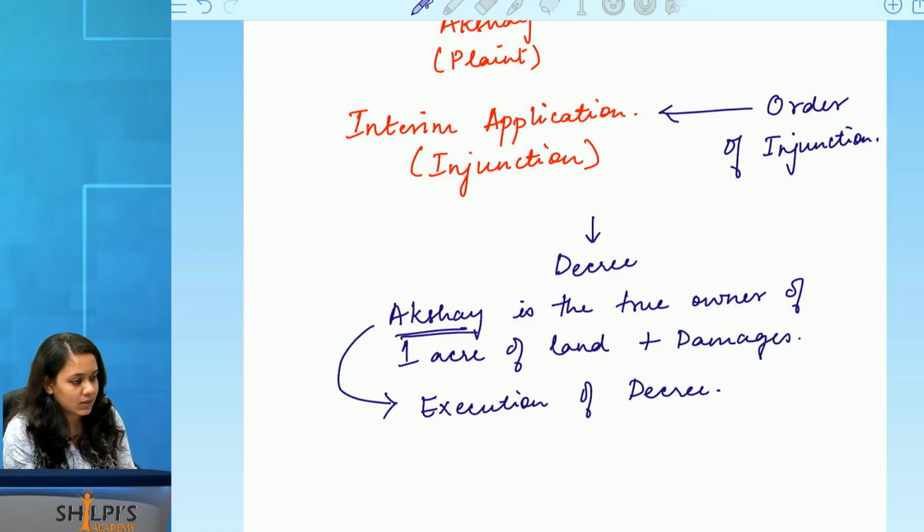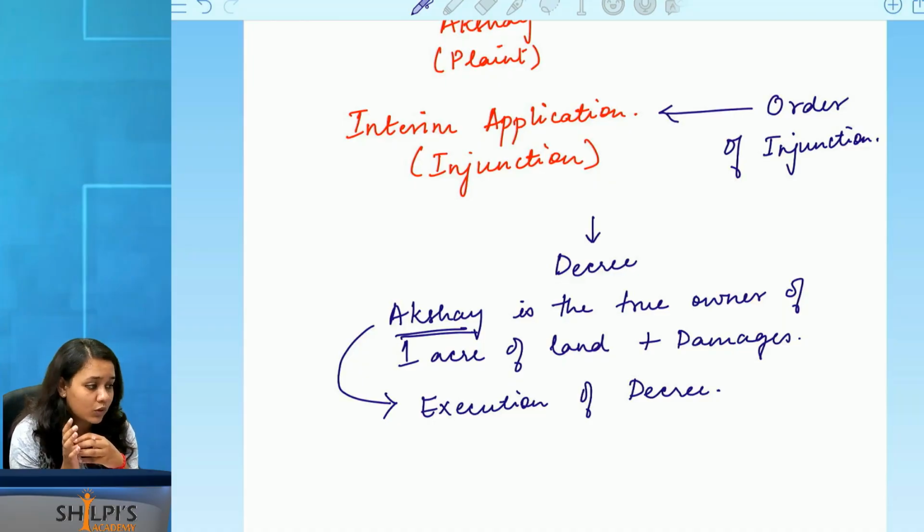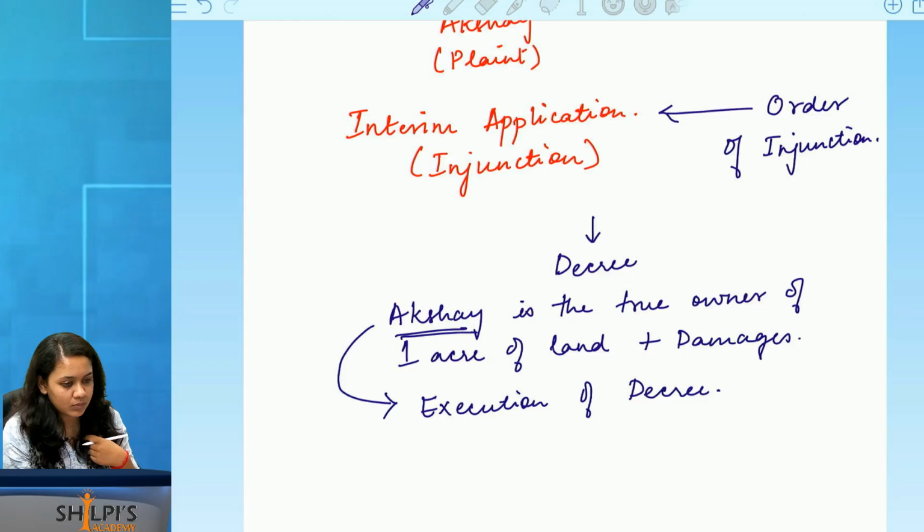Akshay can claim things saying that, see, my right as the owner of the property is violated. And as the owner of this property, I am entitled to damages. Plus remember, Akshay had to pay court fee, he had to pay stamp duty, he had to incur so many litigation costs, whether it is travelling to the court, appointment of a lawyer, appointment of junior advocates, that many appearances before the court. This is what we call as litigation costs. So he will even ask the court, Your Honor, I want to be reimbursed for my litigation costs, because that person caused me harm, and now to recover my property I have had to endure so much expenses. So the court can even grant that.